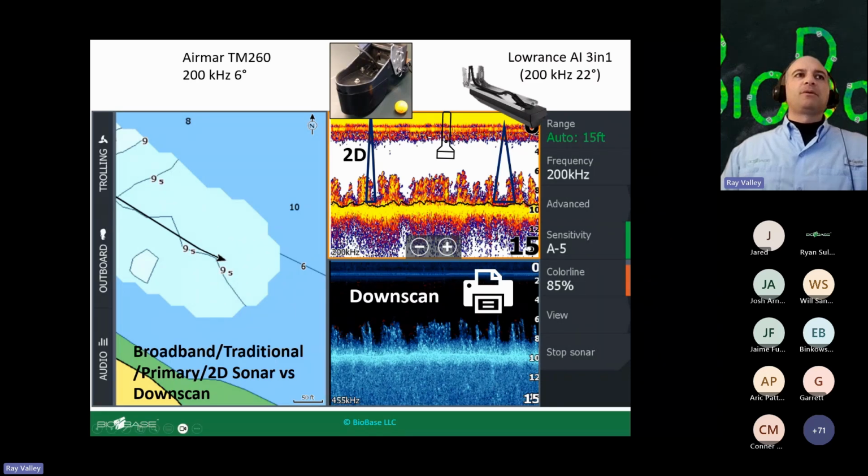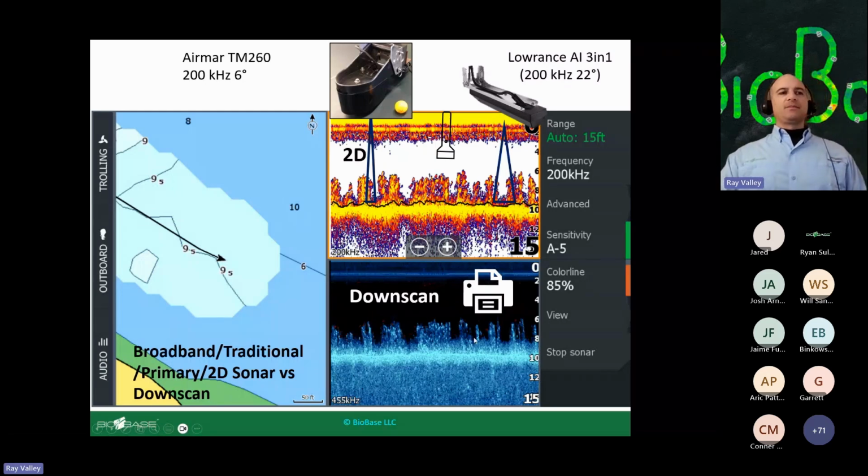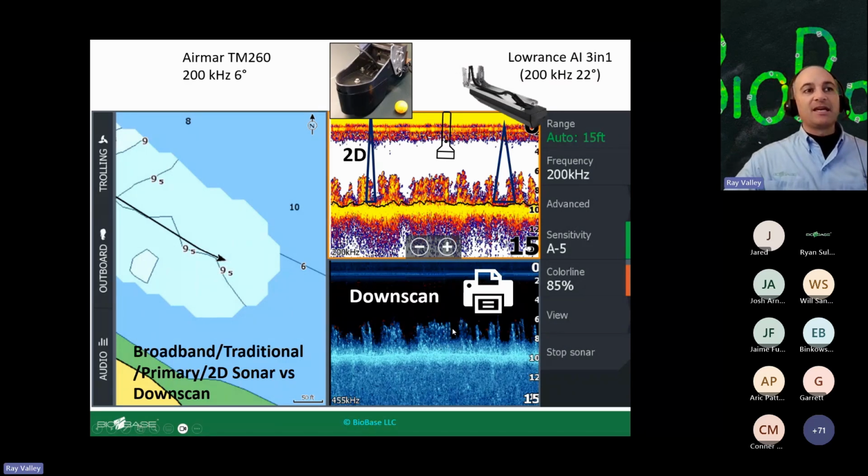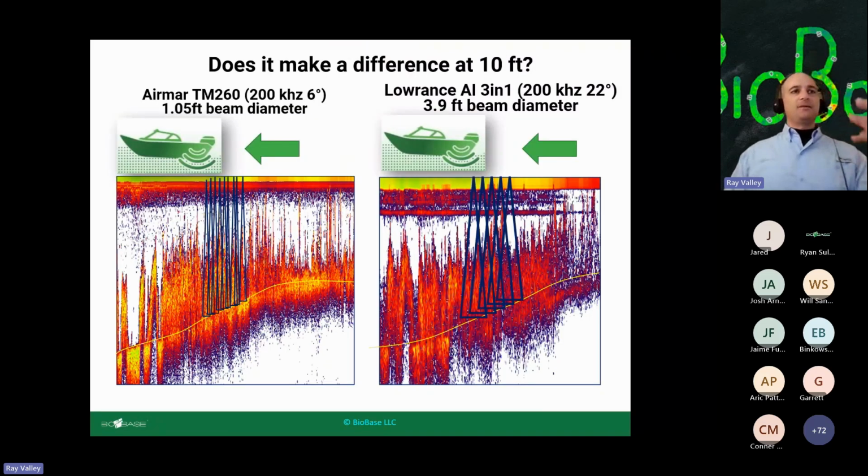So here's an example of what those beams look like on a vegetated bottom. And then here is an example of the down scan, what the outputs look like on down scan. And you can see the downscan sometimes gives you an almost ultrasound-like image of the bottom from the vegetation. So there's two different tools that you can use. And if we come back to this concept of the beam angle,